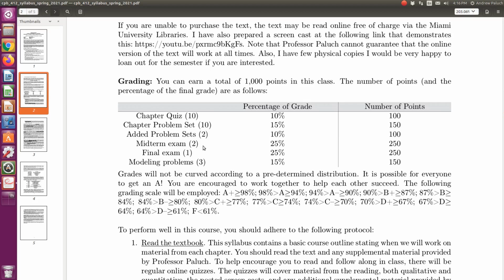So your midterm exams, the plan is for them to be qualitative, conceptual questions. The goal is for them to be conceptual questions. Okay, they're going to be taken online, on Canvas. You won't need a calculator or anything of that nature, right? So they're intended to be concept-based questions.